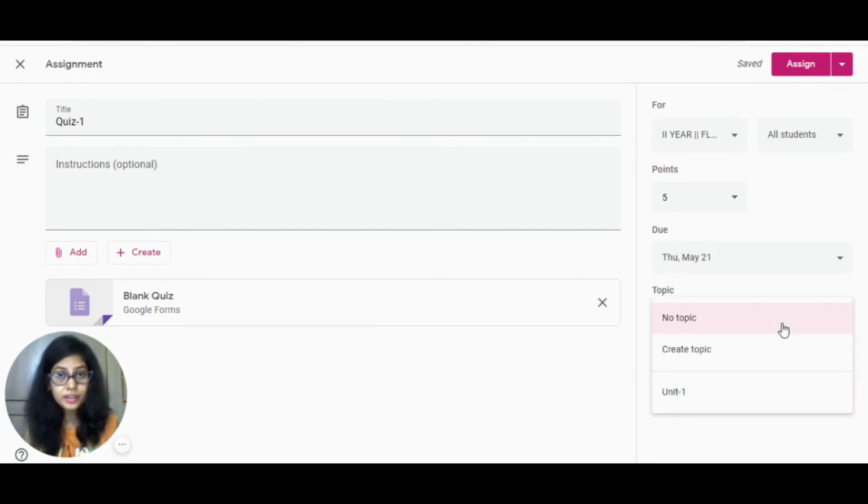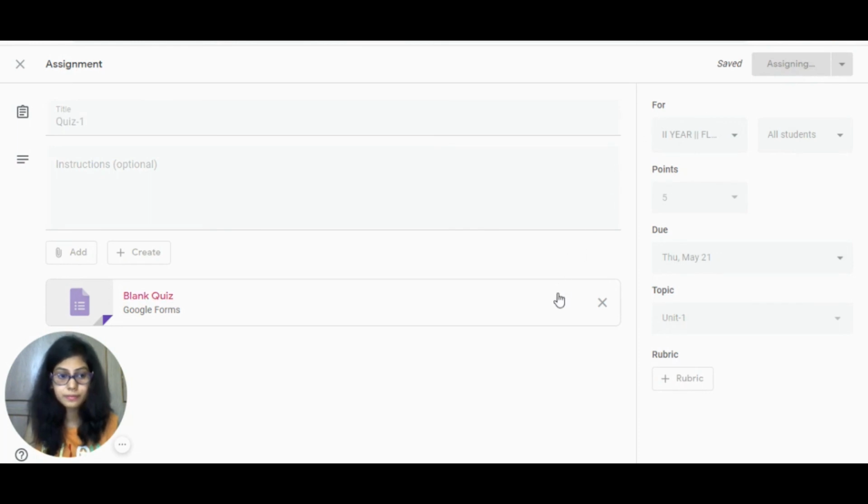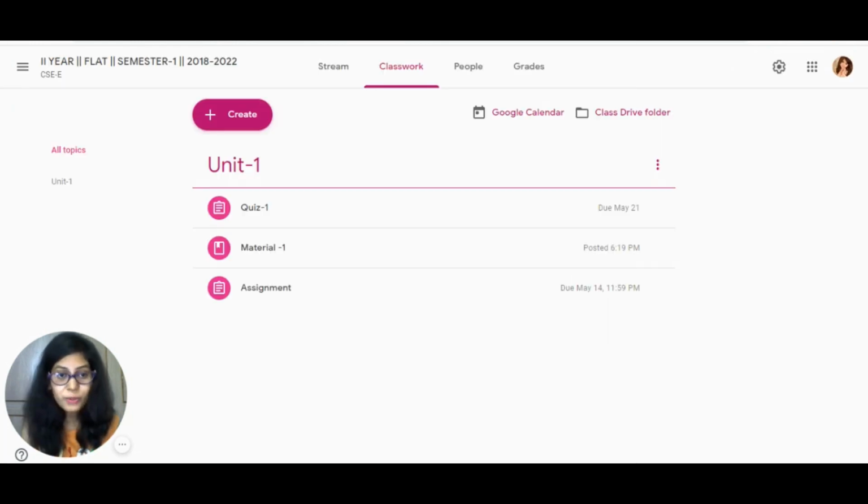Under which topic this quiz comes, let's say unit 1, and click on the assign option. Well, there you go. Quiz 1 has been loaded. And if you want to edit it again, you can click on the edit option. This is how you give quiz assignments to the students.